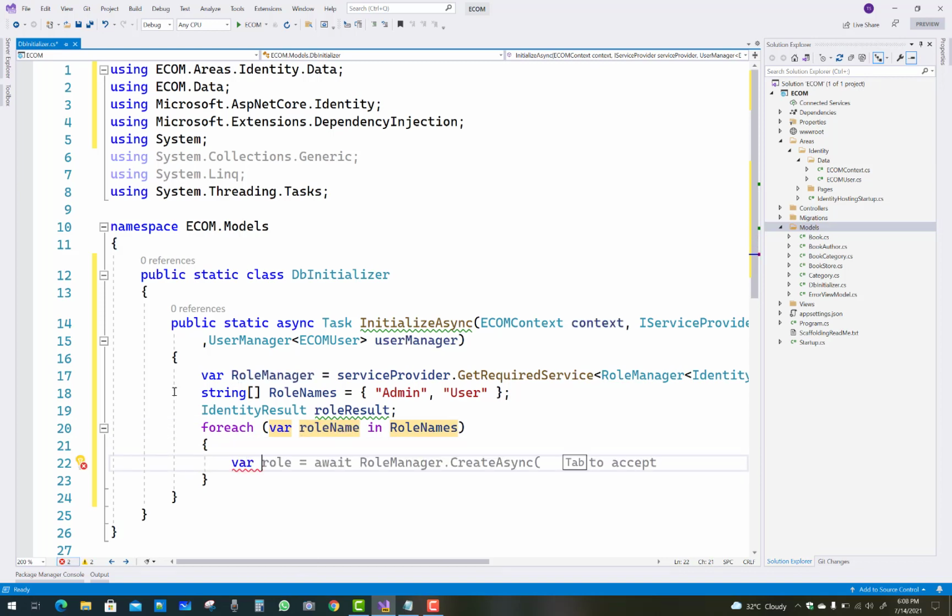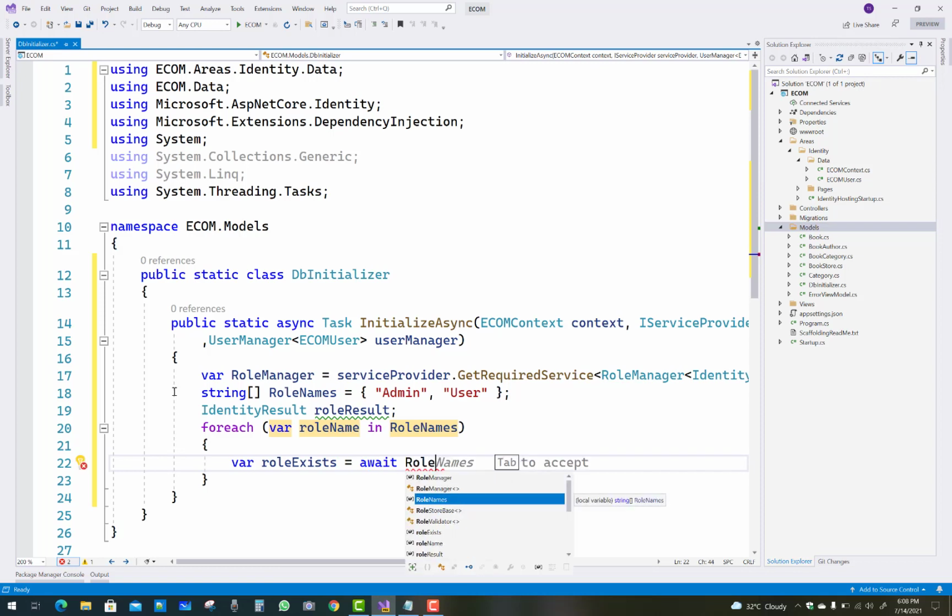First of all, roleExists equals, you have to check in the database whether some roles already exist.